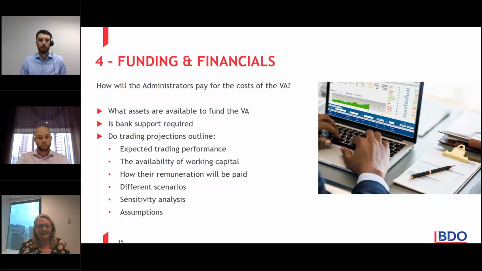So when you're asking these questions, you'll get a bit of a feel for the quality of the administrator's projections. If they can't answer all your questions, what are you doing about suppliers, employees, what if revenues don't meet targets? You'd want to make sure your administrator has considered different scenarios. If it's a trading business, retail, hospitality, are we trading all outlets? Are we reducing? And have we done sensitivity analysis if trading performance doesn't reach the level that we expect?